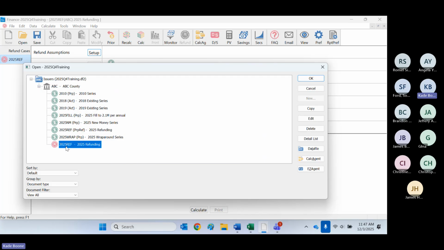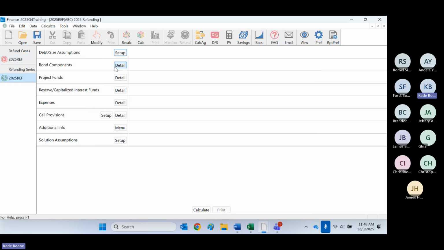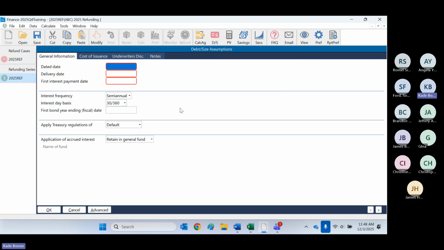Whenever you create the refund case, it creates the same short name proposed refunding series automatically. It used to be you had to create it separately and then link it. All right. That's for when you go into the proposed refunding series. This is your refunding series information that you need to enter in, the new debt, right? So this is just like the debt size assumption setup, proposed refunding, actual series,